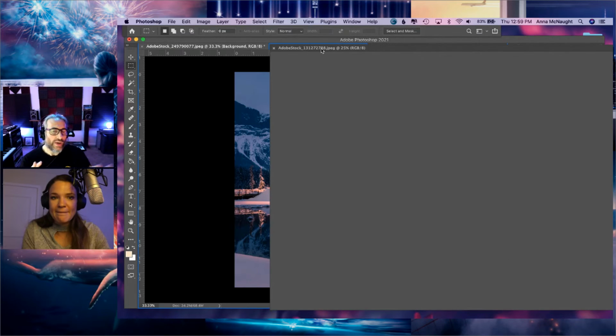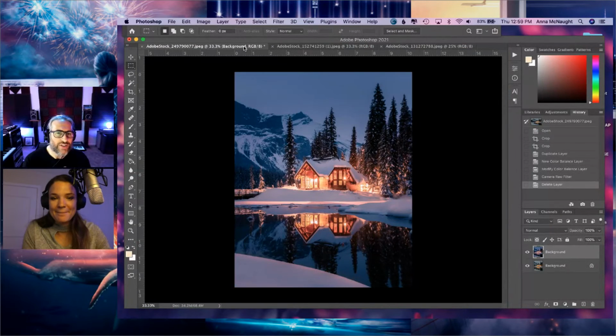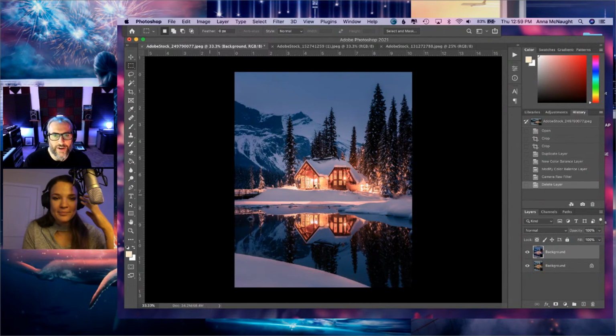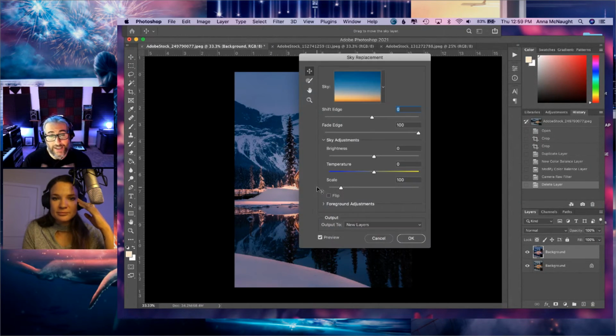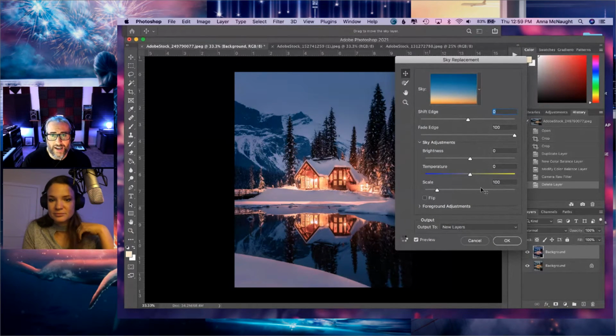Here, why don't we do sky replacement real quickly, just to show it to you. You don't have to use it, but it's really simple. If you go up to the edit menu and you're on the right layer, you should see sky replacement about two-thirds down. Yeah, there you go. It's Adobe Sensei, so if you move that dialog out of the way, it'll auto detect and should find your sky.